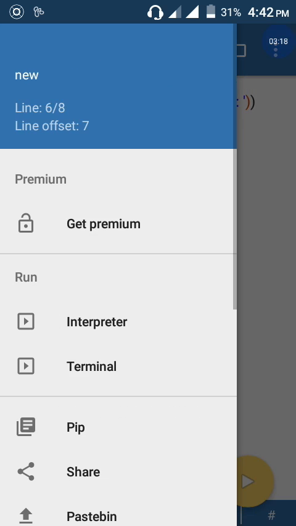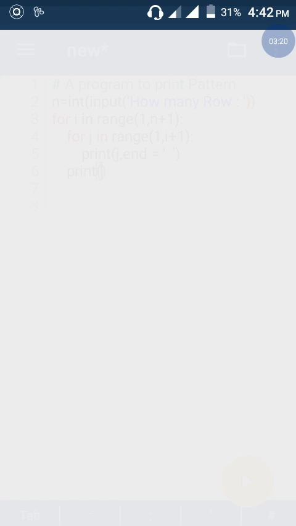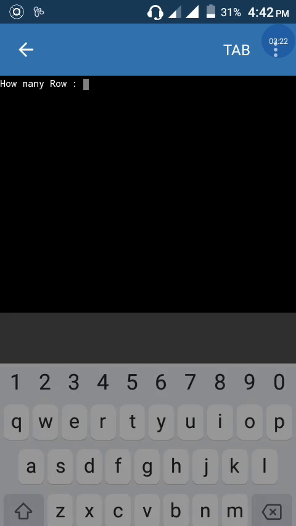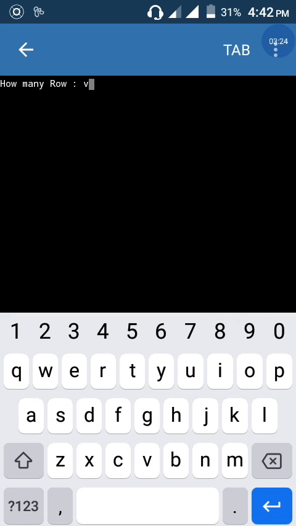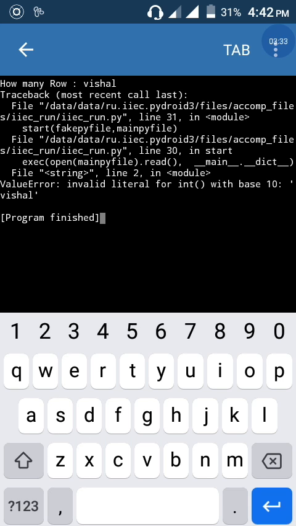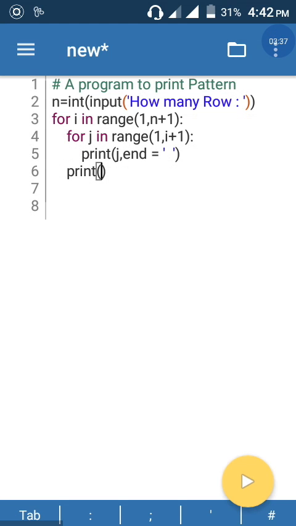then see the output. Check whether your name is printed or not. My name is Vishal. Okay, is this printed? No, this is not printed because this only prints numbers. Okay,